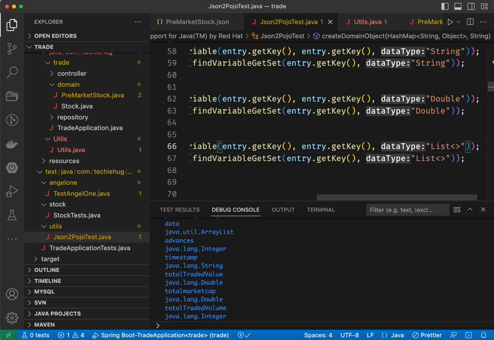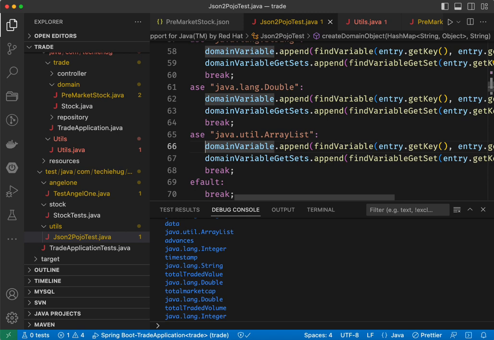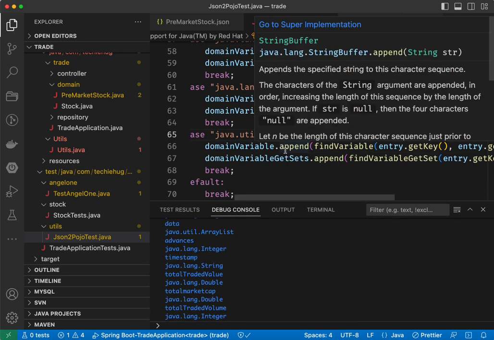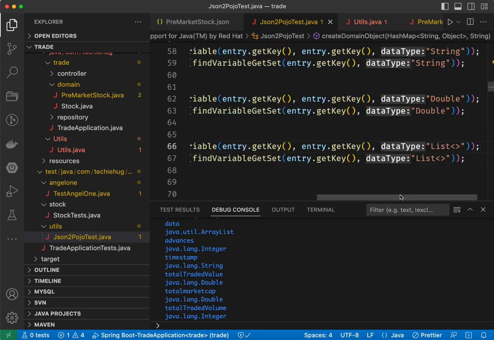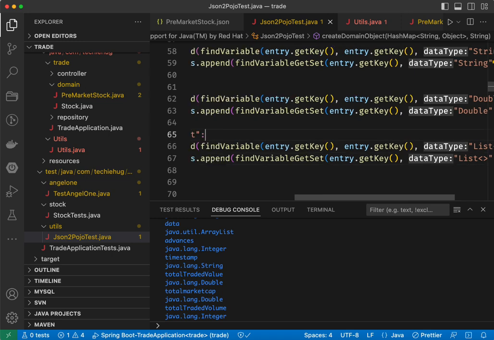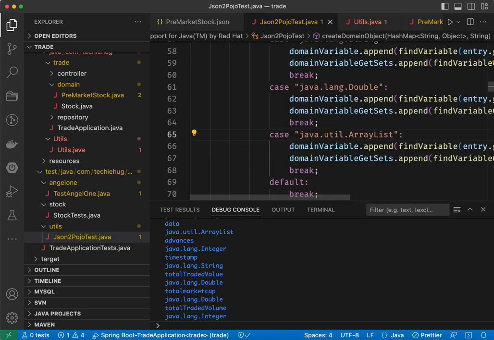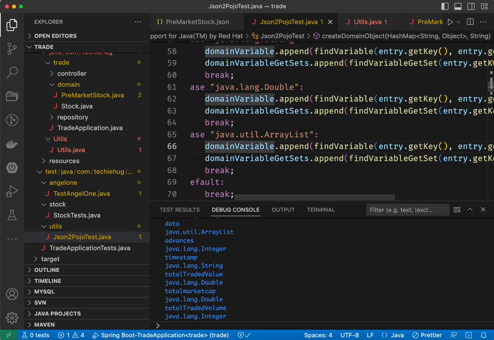But if I put it like this, it will go and create something in MySQL. So list is not going to go into MySQL for sure. Then what am I going to do? I will append the list something like this, and in MySQL there won't be a data type because I'm not going to put the list into MySQL. Instead, what am I going to do? In case this is a list,